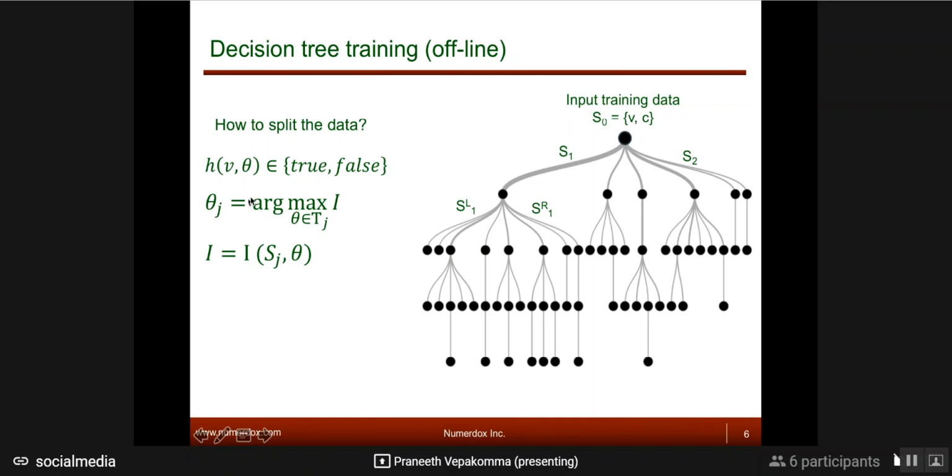And out of those 100 variables, based on one algorithm we'll go through in the next step, it will say which of these 100 variables should be the root node. Because am I supposed to split on variable number 99 first or variable number 3 first? Which variable takes the first decision will be chosen by the algorithm.